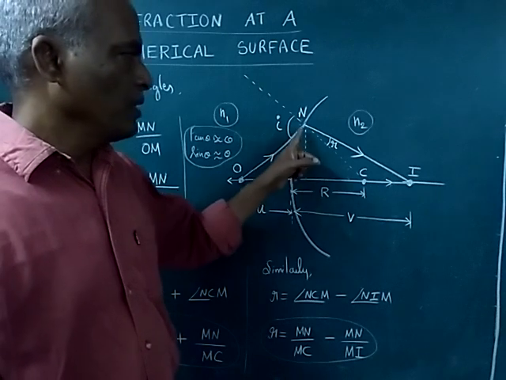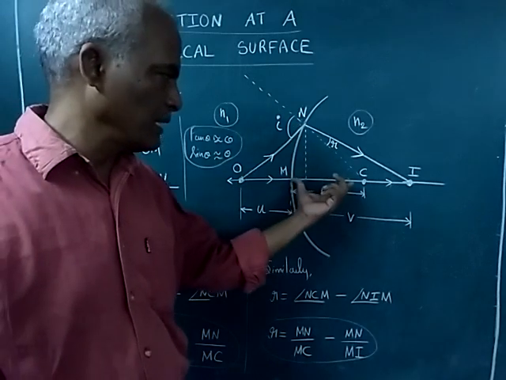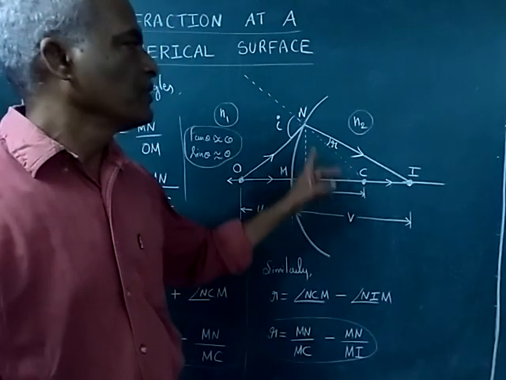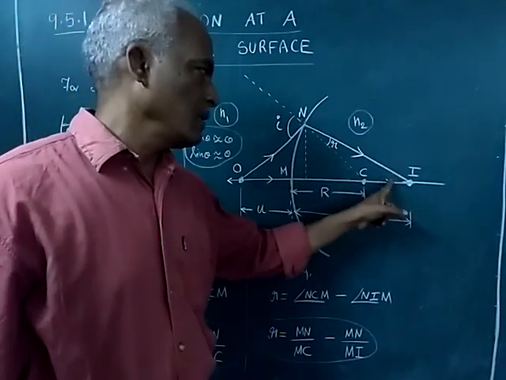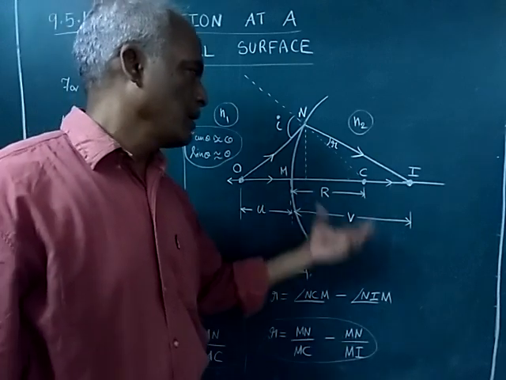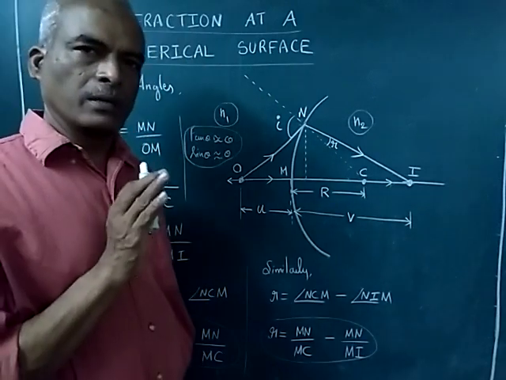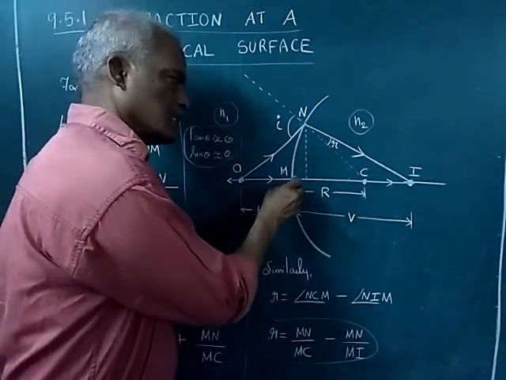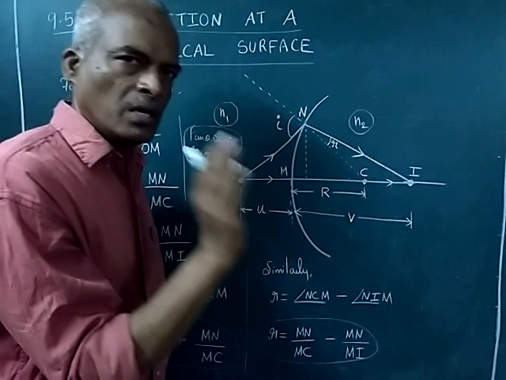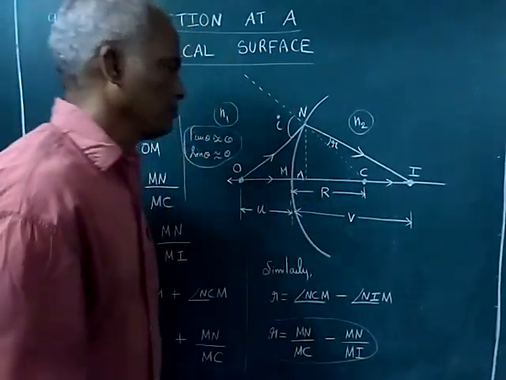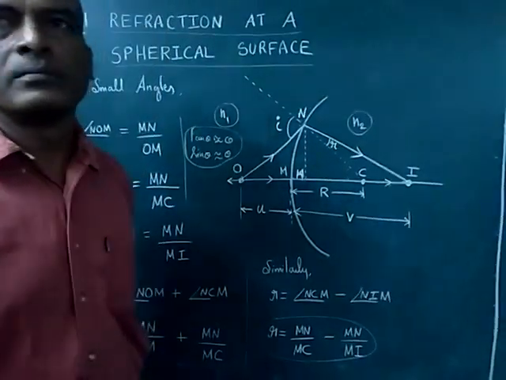Now NCM, if you take NCM, tan theta is the opposite side MN divided by the adjacent side, which is MC. It is written here. Similarly for NIM, we are considering this triangle. For this angle, the opposite side is once again MN divided by the adjacent side from M to I. One important point to keep in mind is, even though there is a small variation, you can assume these 2 points are the same point, M, because that distance is highly negligible.